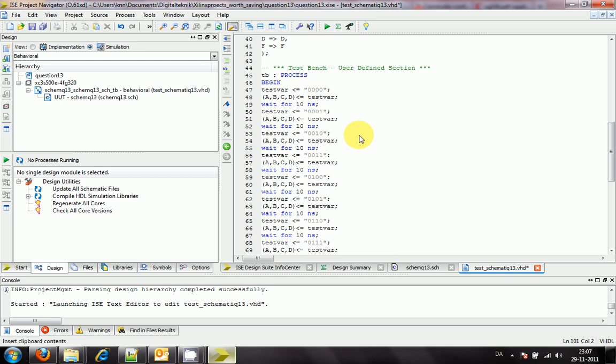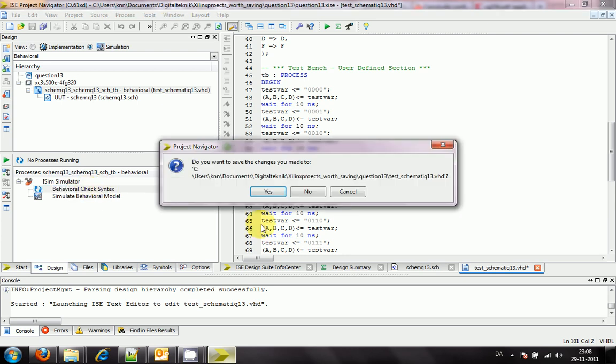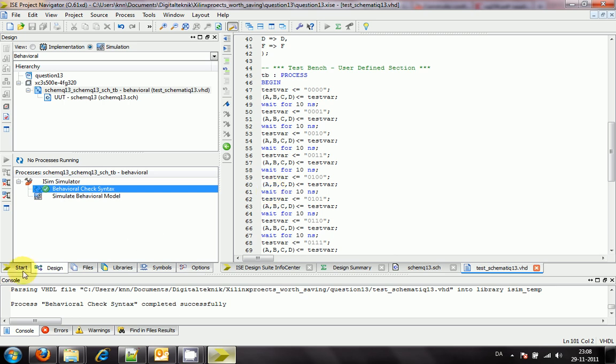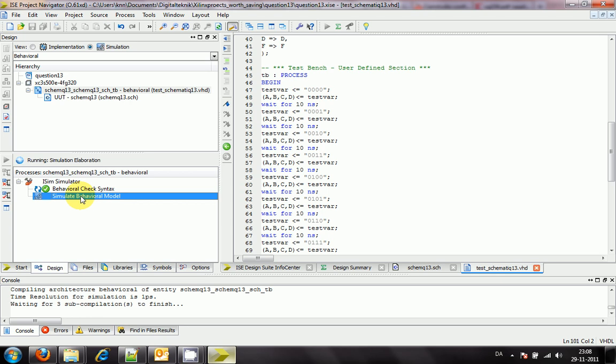To check if this behaves as I want it to, first I'll mark the test bench over here, and I can see I have different options down here. If this is closed, I'll have to open it, and I can see I can do two things. I can check the syntax of my test bench, which will be the fastest part. I'll do that. It asks me if I want to save. Yes, I do that, and I got an OK here. If this doesn't work, I can't go on. But now that it works, I can try to run this simulation. Double clicking will start up the simulation system, which is a program on its own,